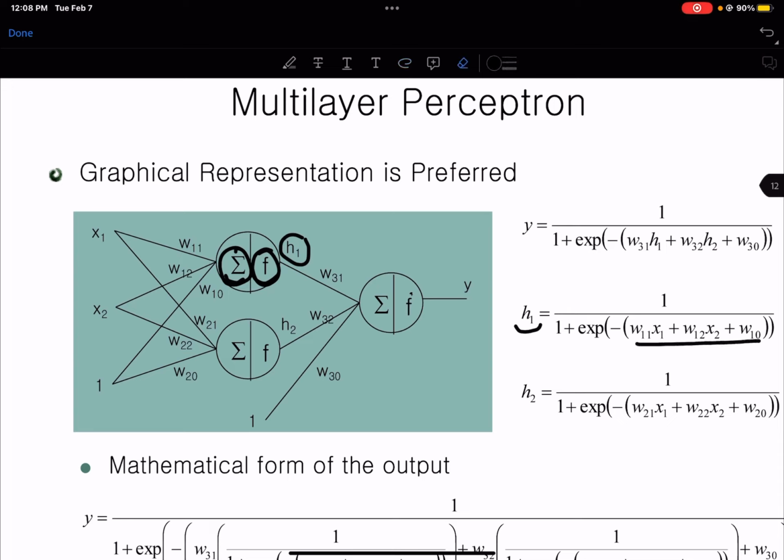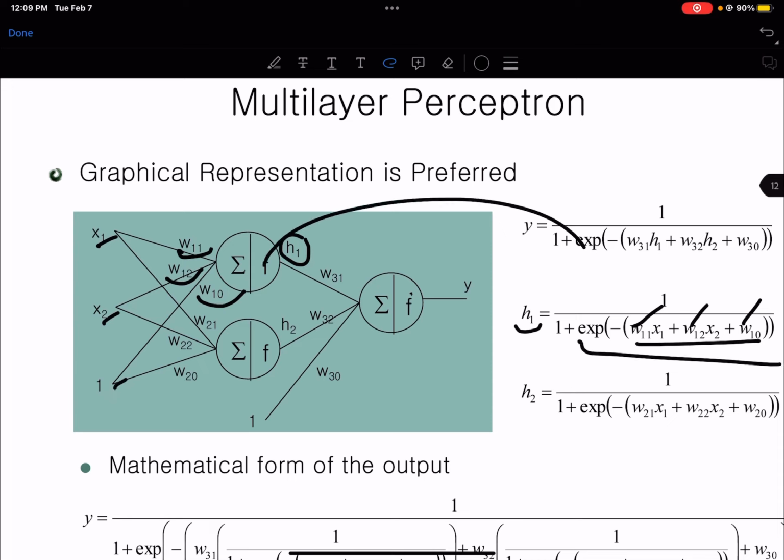So h1 has the input from w11, w12, w10, multiplied by x1, x2, and 1. And then this is your function f